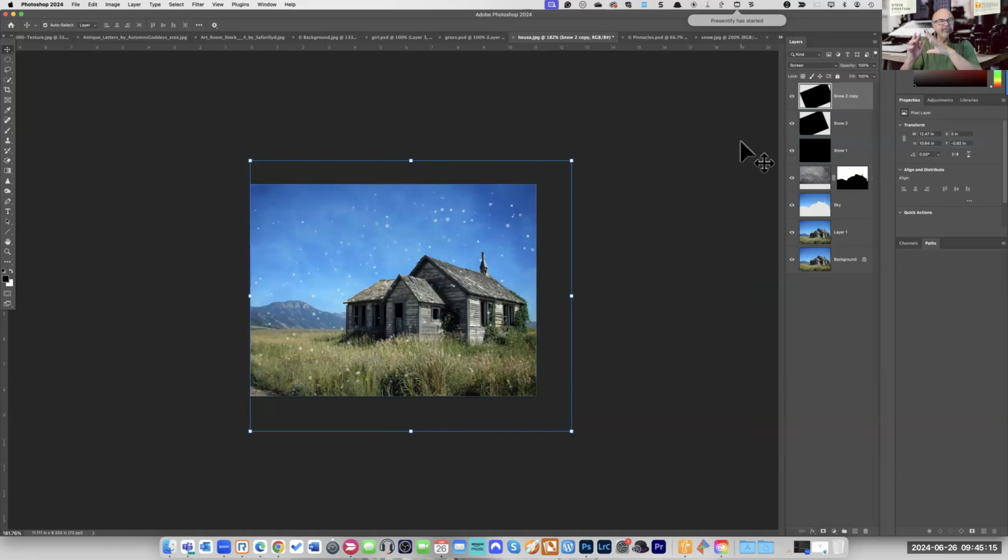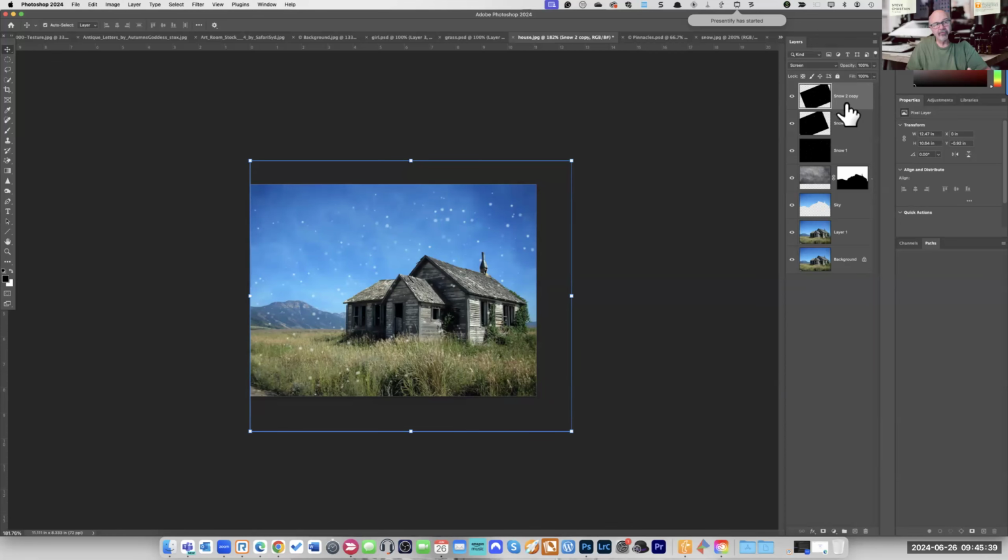Now you may say, well, Steve, that's really cool. But if I duplicate that snow layer maybe 20 times, it's going to consume that whole window and I'm going to lose a lot of real estate. Yeah, I agree with you. So let's fix something. If we go over here to this layer and we select this top one,